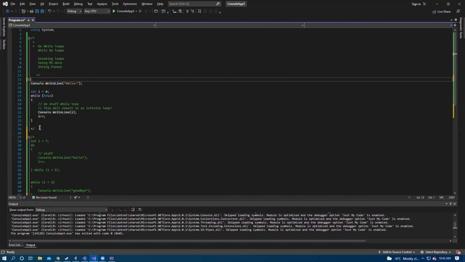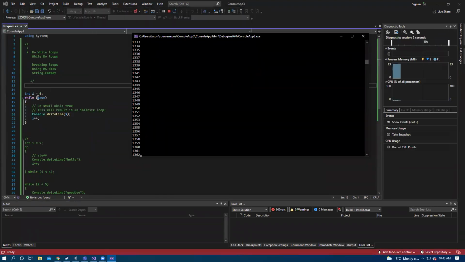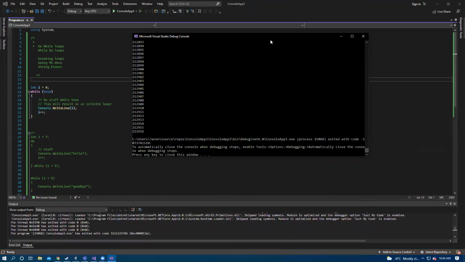Because I do want to show this example that I threw together earlier, where the condition is just true. So it doesn't have my counter at all. This is just going to keep running forever. I'm just growing i and I'm just writing i. And for your reference and for the team's reference, if you ever get into a situation where there's an endless loop and you have to break out of it, on Windows, it's Control-C. So Control-C kills the process.